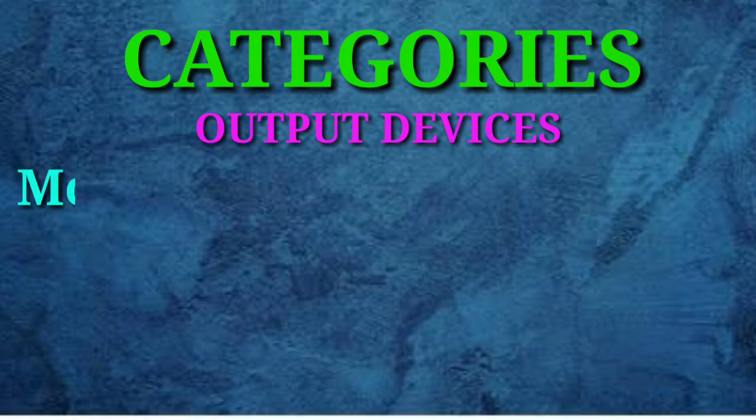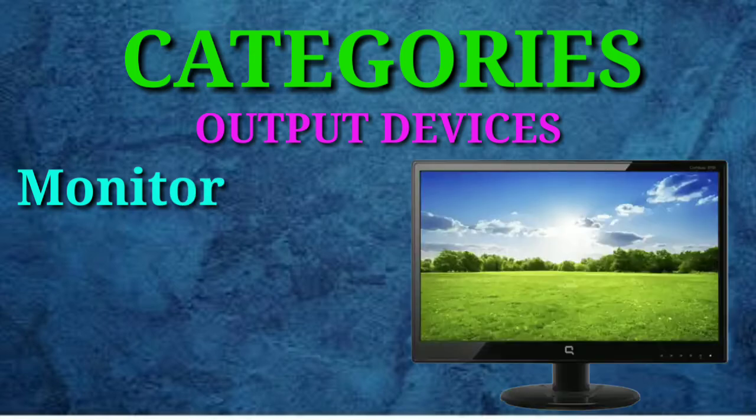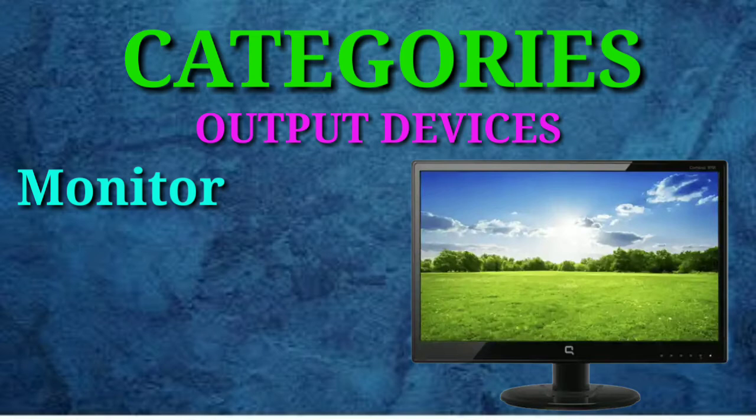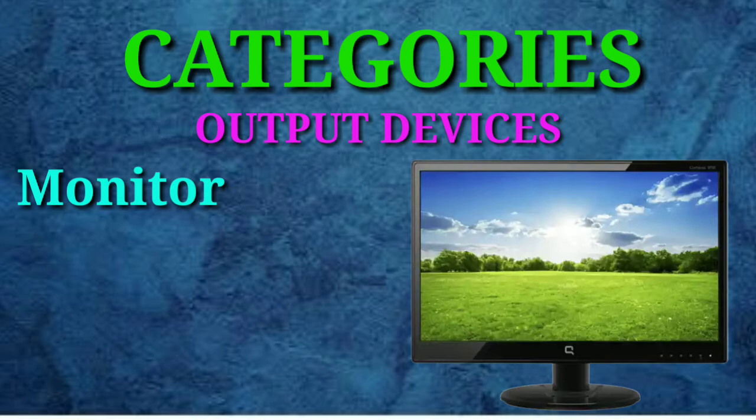A monitor is a device used to display video, images, or text. With a laptop computer, the monitor is built in. With a desktop computer, the monitor comes as a separate component connected to the system via cable. Most monitors are used only for output, but some, such as a touchscreen monitor, can be used for both input and output. A monitor, also called a visual display unit, is an output device.